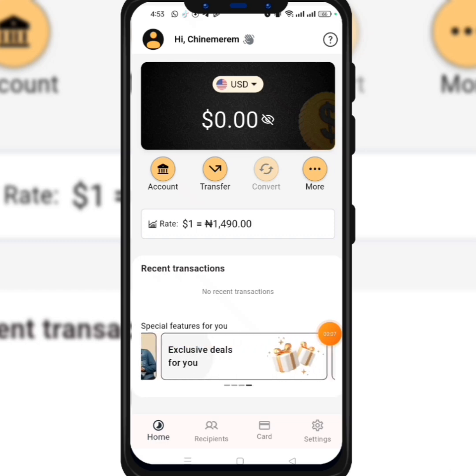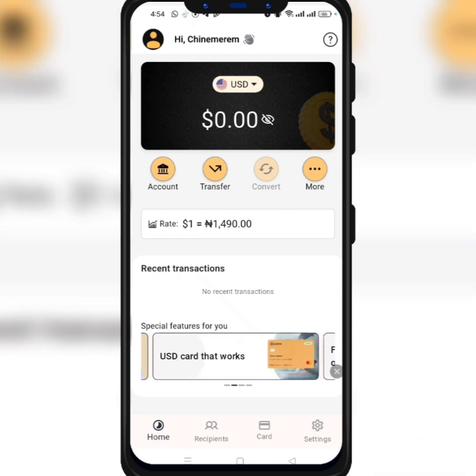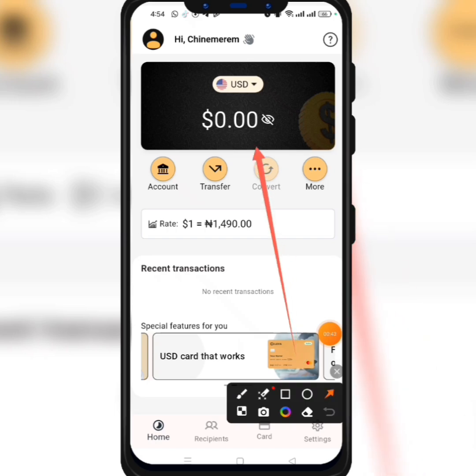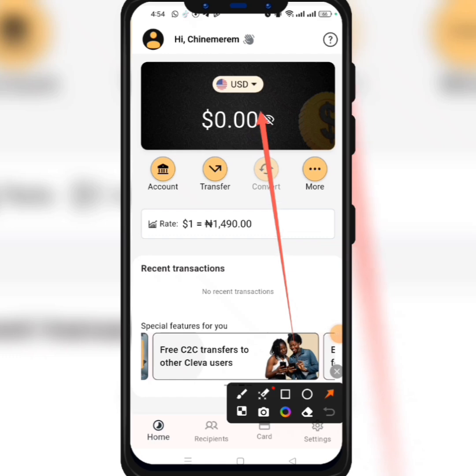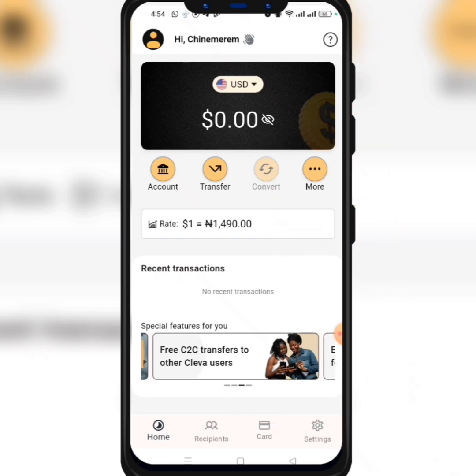So guys, like I said before, they have just approved my US bank account. It didn't even take up to 2 minutes, and they just did that. Once you follow the instructions right and you follow all the steps, your account is going to be approved instantly. So if you look up here, you can see my US bank account. You can see that it's showing USDT. It didn't even take them up to 5 minutes, maybe 2 minutes, and the account was approved. So if you click on accounts,